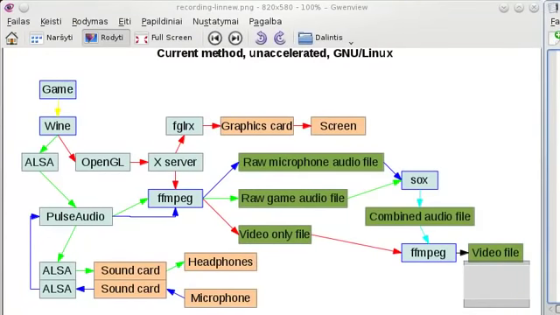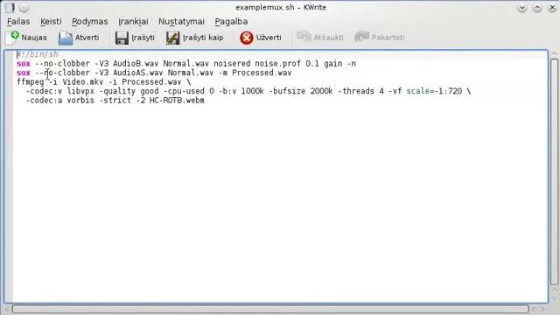So basically, this script file is what I have to run after I have everything recorded. What it does is it invokes SOX to combine the audio files, and then it invokes FFmpeg to combine the audio and video files. So this is what we have here. Again, the header that defines that this is a shell script. And first of all, we have SOX. This is the invocation of